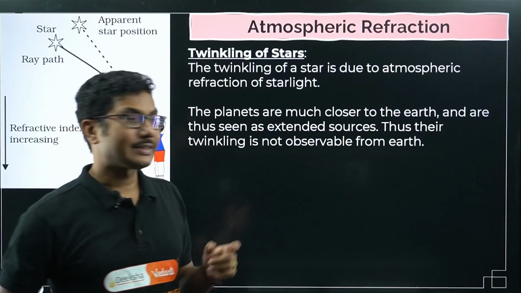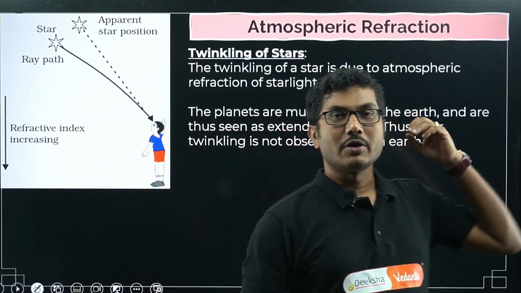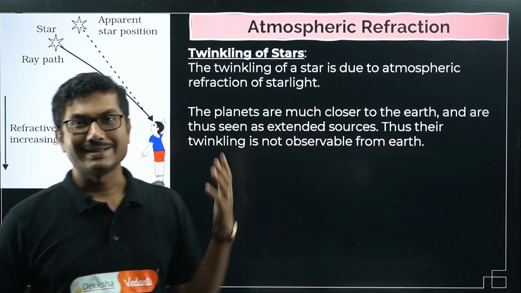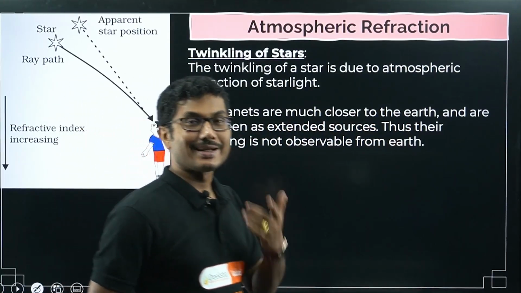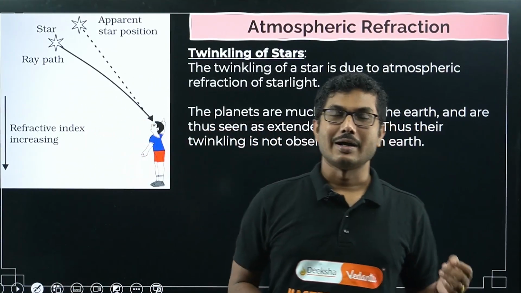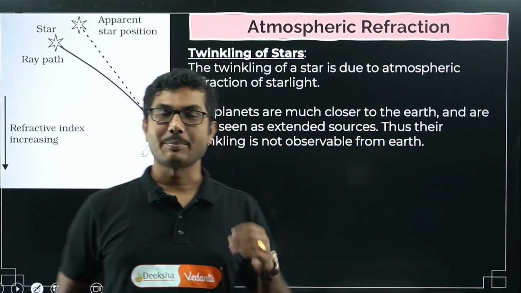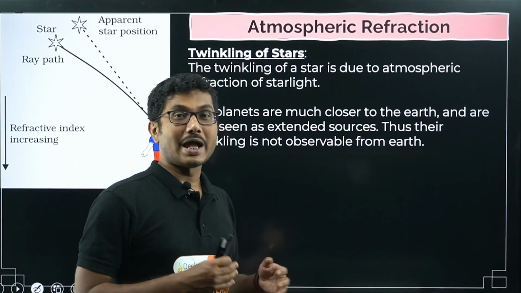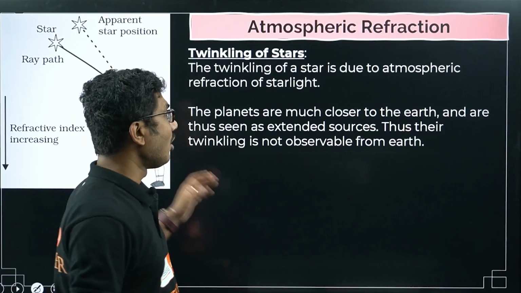What is an extended source? Normal tube light, normal LED light, normal torch light, they are all extended sources. Okay, the planet is like an extended source. So even after atmospheric refraction, their positions average out